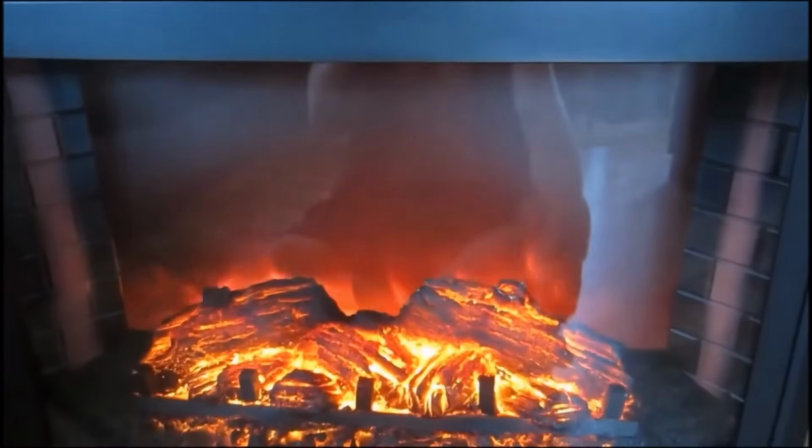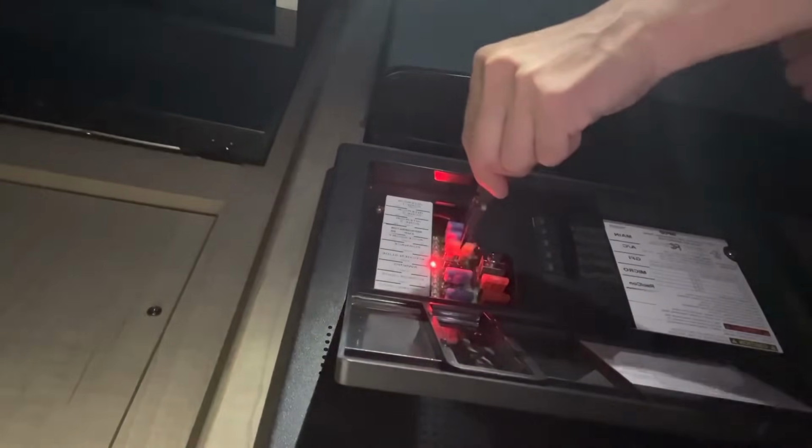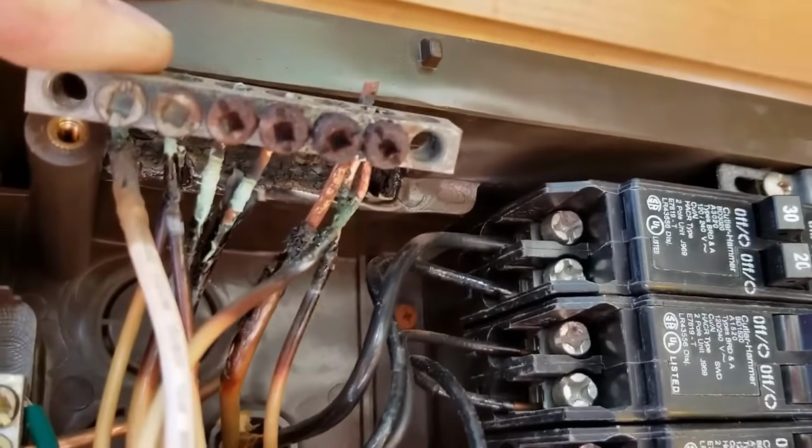Overloaded electrical circuits stand as one of the most common causes of RV fires, occurring whenever multiple devices pull more electrical current than the circuits can safely manage. This dangerous overloading often leads to overheating and sparks that can quickly develop into fires, particularly when combined with worn-out